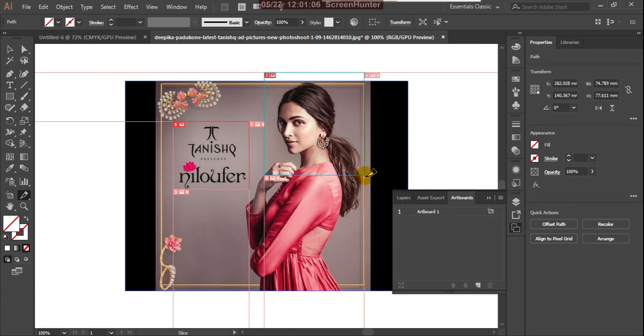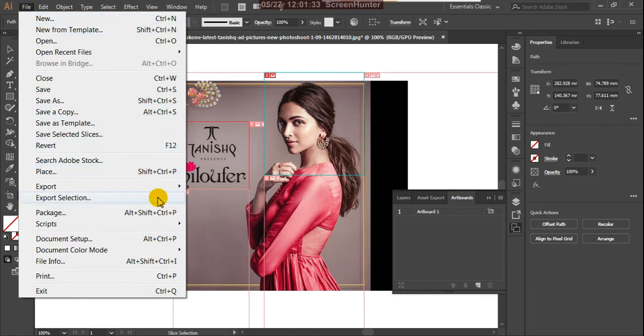So two slices, and you can move a slice with the slice selection tool. Okay, now you can save this.